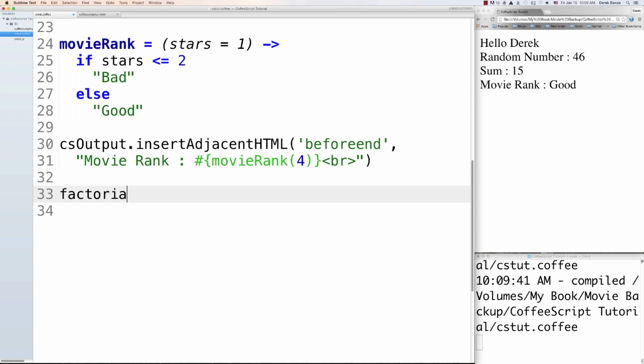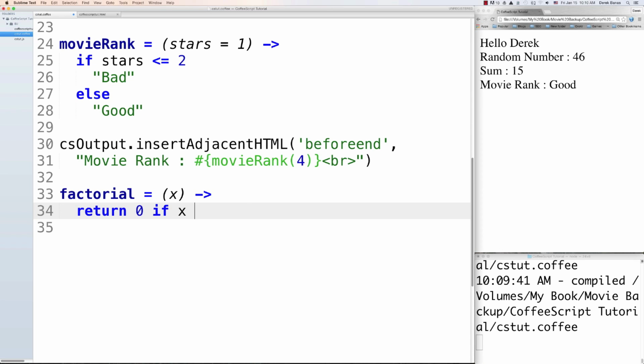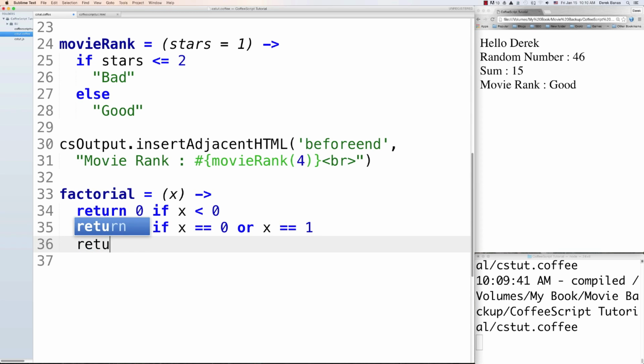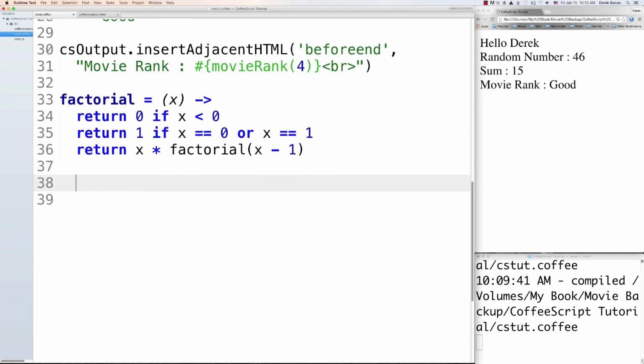So factorial, for example, we can go in here and calculate. We can go x, and then what we're going to do here is return 0 if x is less than 0, return 1 if x is equal to 0 or x is equal to 1, and otherwise we're going to return x times factorial. See, we are calling the function from inside of itself, x minus 1,